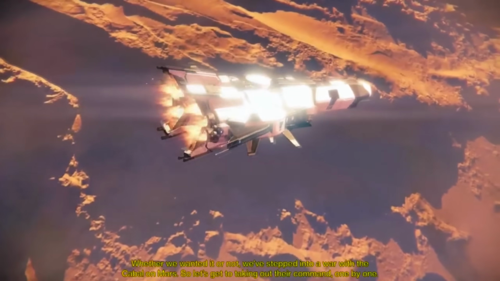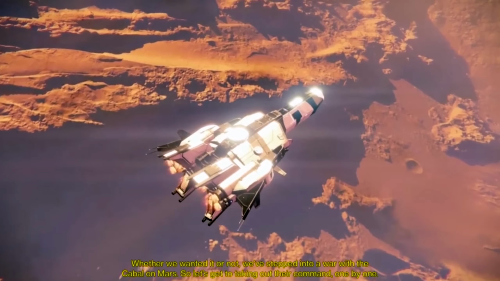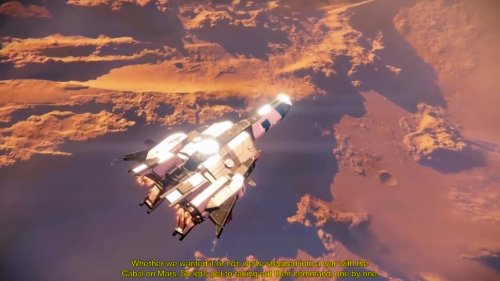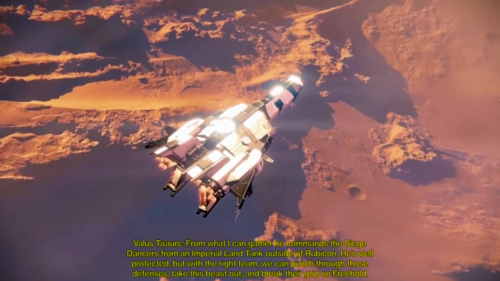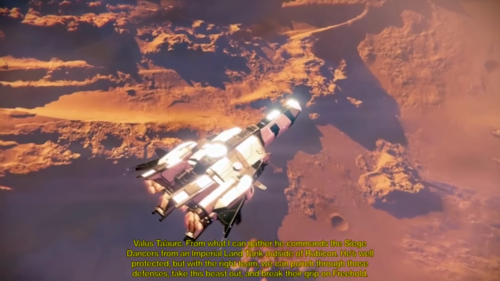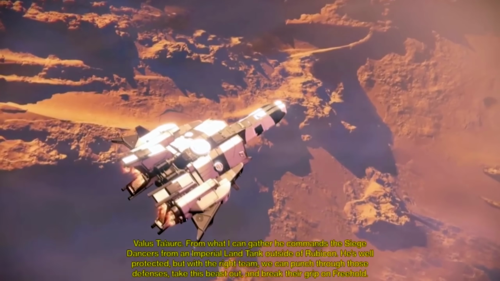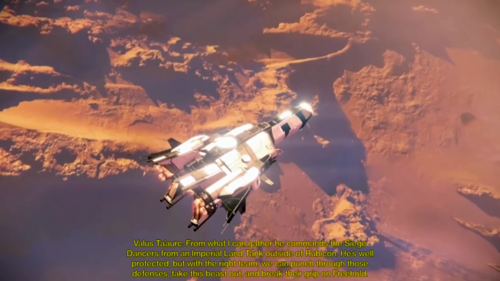Whether we wanted it or not, we've stepped into a war with the Cabal on Mars. So let's get to taking out their command one by one. Valus Auric. From what I can gather, he commands the siege dancers from an Imperial land tank outside of Rubicon. He's well protected. But with the right team, we can punch through those defenses, take this beast out, and break